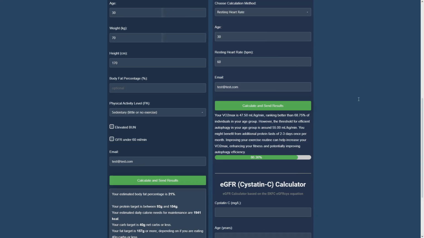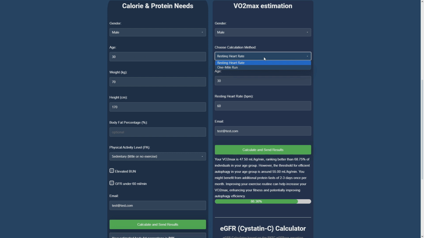Also, on the same report page, I have a VO₂Max estimation calculator, which is pretty cool because we have actually learned that it is very beneficial if your VO₂Max, which is a measure of your cardiovascular fitness, is pretty high. And we do have a rating system, and the higher you are on that system, the higher your ability to start breaking down damaged tissue, which includes cysts, when you are fasting. And it's a very interesting study, which I will talk more about in the future, that shows that the higher you are on the cardiovascular fitness or VO₂Max scale, the better your ability to break down damaged tissue, cystic tissue,